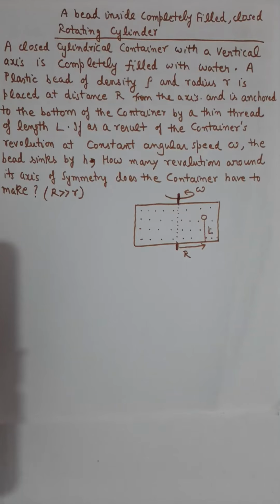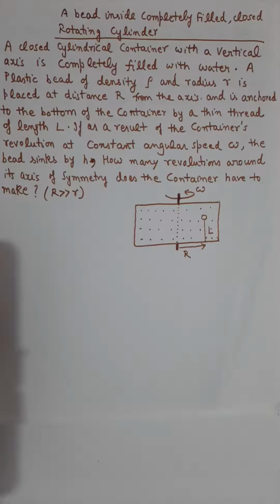Hello students. Now the seventh problem from the review assignment, JEE Advanced 2020. This problem is from the fluid mechanics topic, and the concepts associated with it are understanding of pressure variation in the liquid, understanding the whole idea of buoyant force, buoyancy, and then understanding the idea of equilibrium of an object. So three concepts are involved.